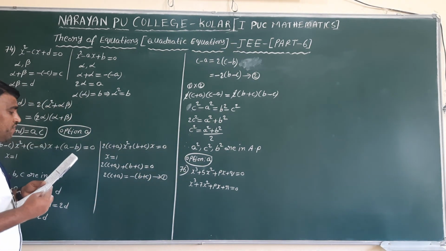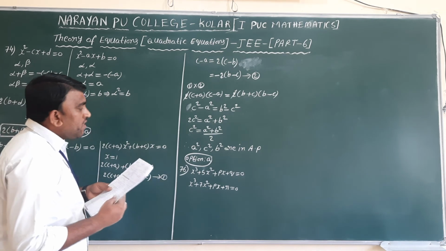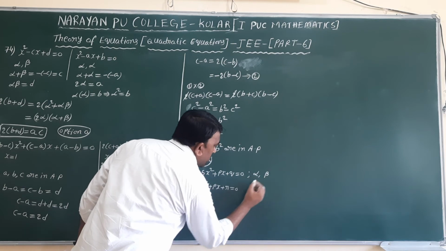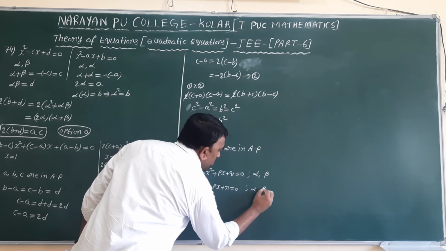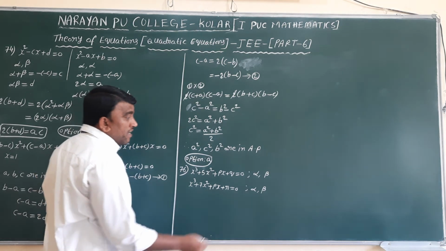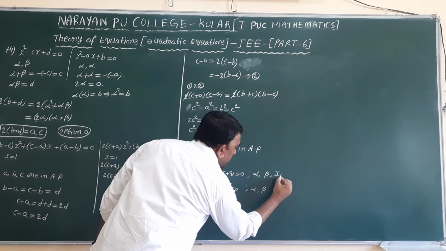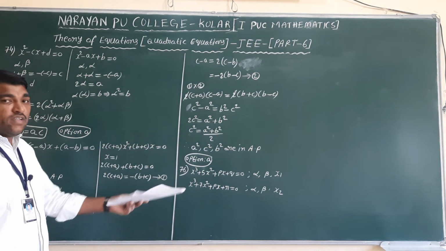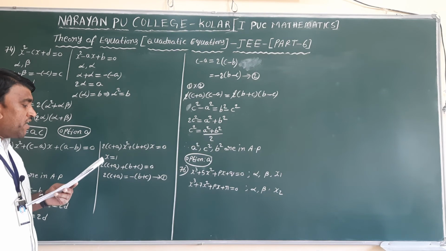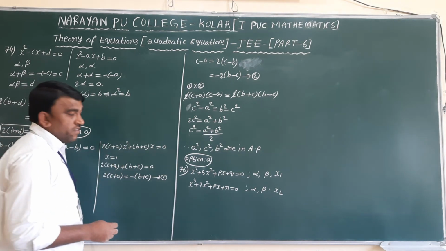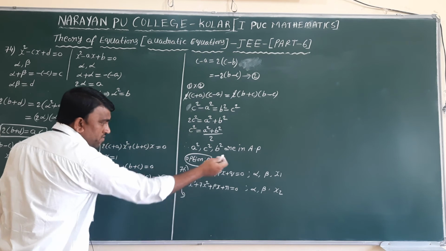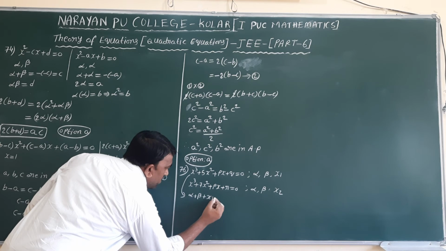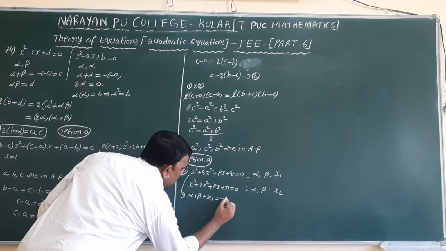And next, if the third root of each equation is respectively x1 and x2. So here if you take alpha, beta as roots of that, here also alpha, beta are the roots. Why? Because 2 roots are common. And the third one is x1, another one is x2. Now these are the roots of the given equations. Then what is the ordered pair x1 comma x2, it is asking you. So for the first equation, sum of the roots alpha plus beta plus x1 is equal to minus b by a.